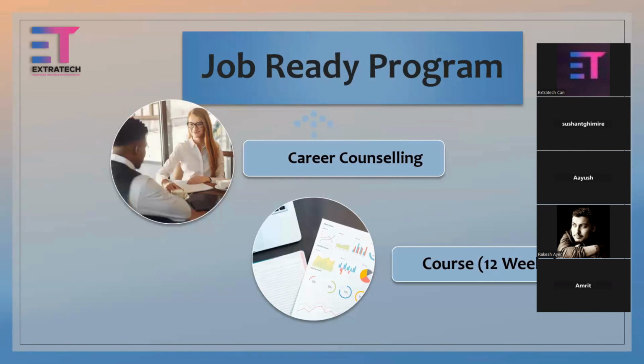Now, moving on to the Job Ready program. It is usually a 10 to 14 weeks program, but in this case, it is a 12 weeks program as the course duration of the data analytics course is 12 weeks, 10 weeks dedicated to business and data analytics and logistics, and then 2 weeks dedicated to AI learning. So in essence, our training program has two major components by which it functions, as you can see on the screen. The first component is the course itself, in this case, the data analytics course. And the second component is career counseling.